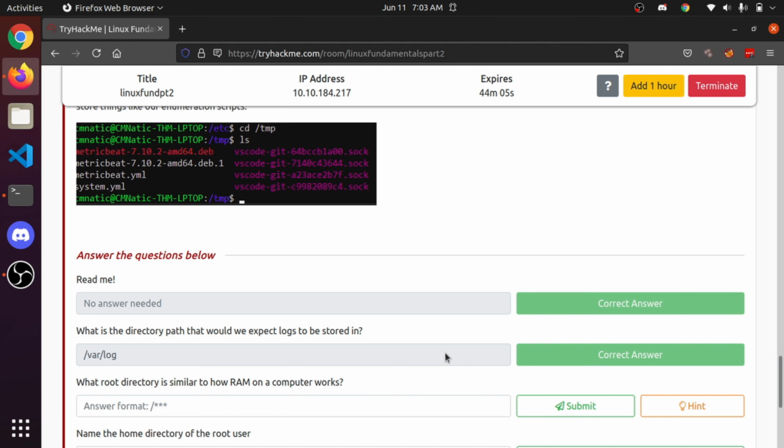Next: what root directory is similar to how RAM on a computer works?